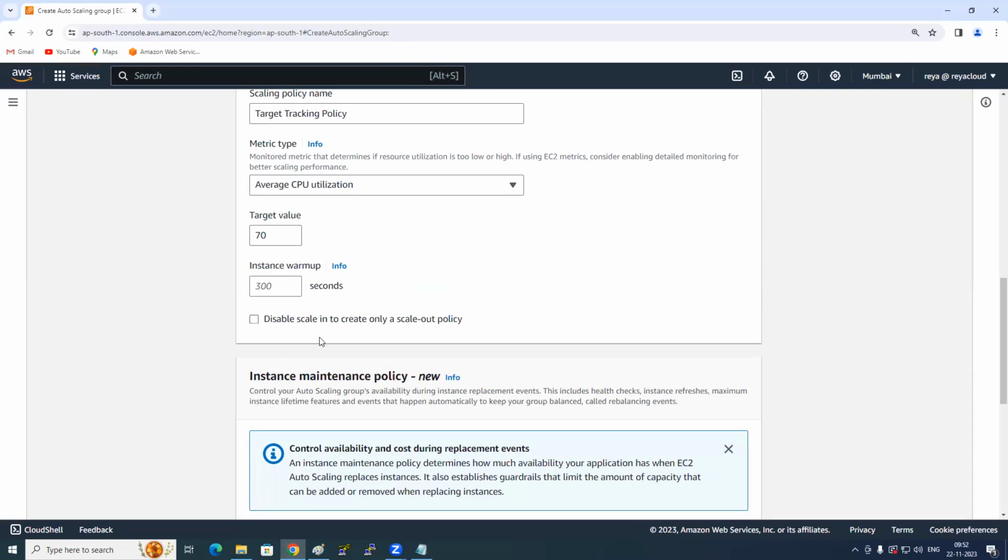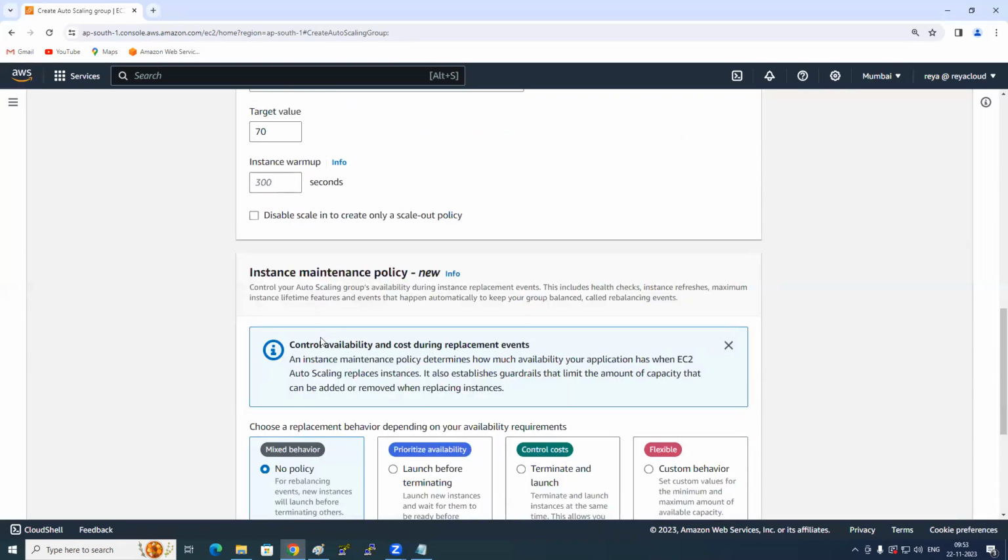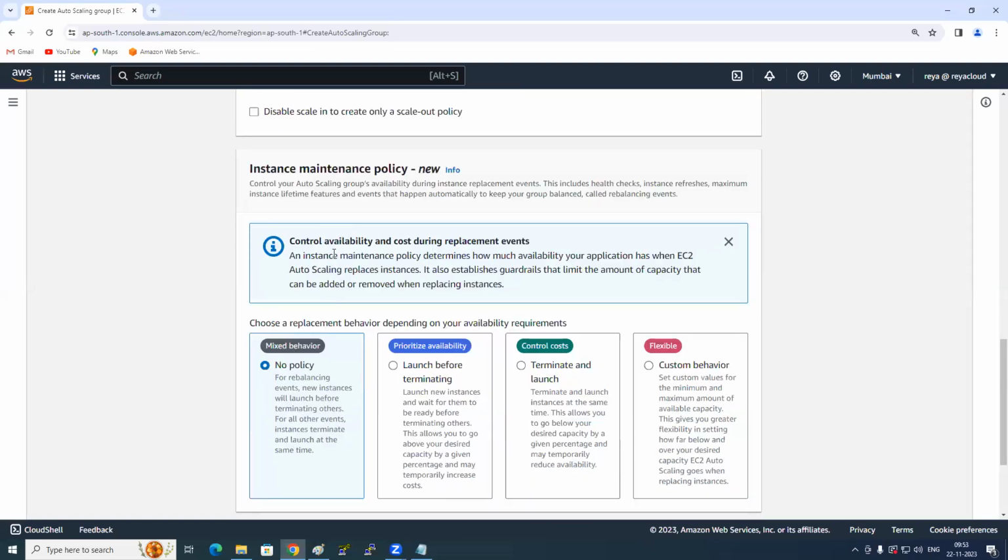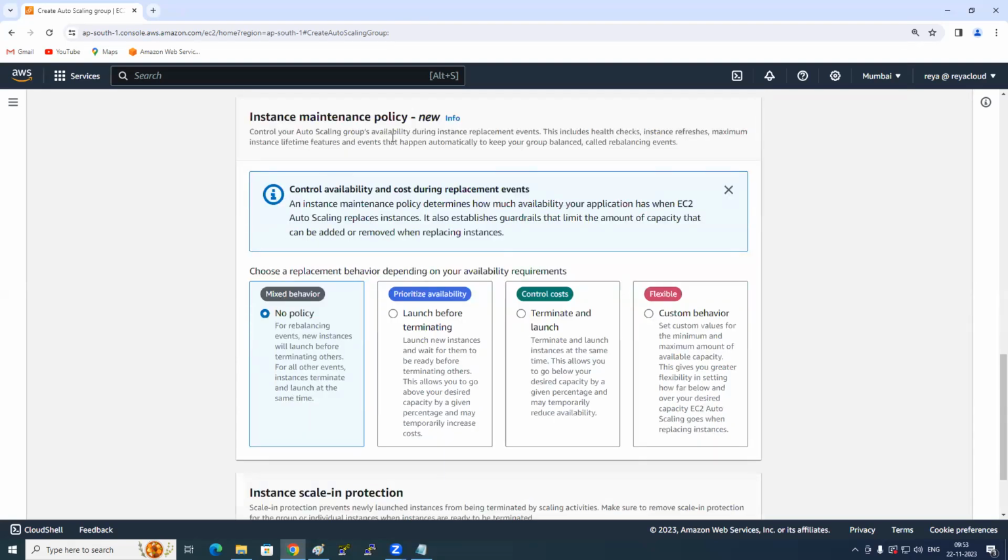And then, let's see what this is. Instance maintenance policy. Control your auto scaling group availability during instance replacement events. This includes health check. So choose a replacement behavior depending on availability. No policy, launch before. Okay, I understood this. You can leave it for now as no policy, because what I understood from reading this in 1 second is,